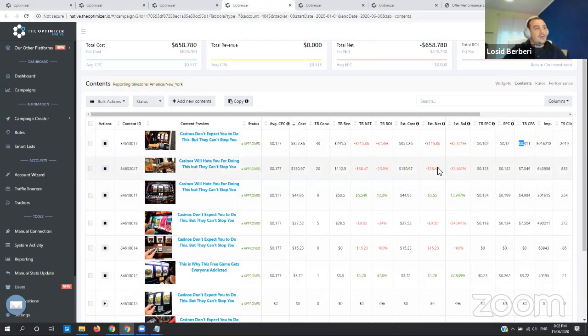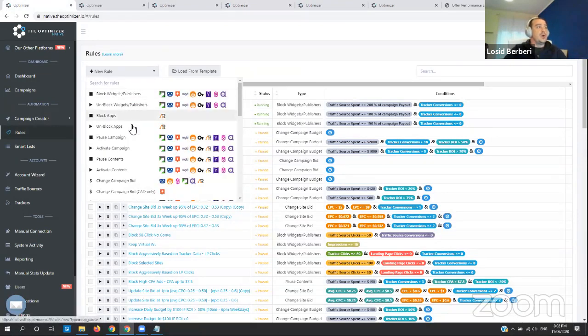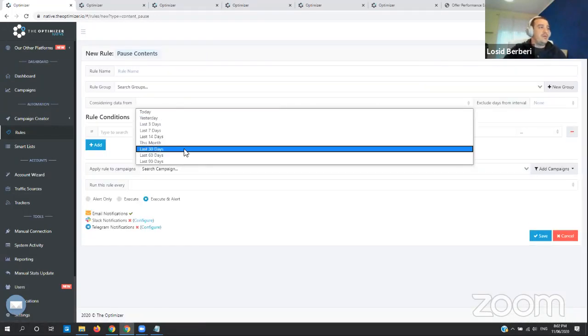And let's say that we have the traffic distribution even, and then we can choose which of the ads brings us the best cost per acquisition, and we can optimize based on the actual ROI or block anything that does not exceed our cost per acquisition. So again, for the ads rules, let's say you want to block ads based on 5 times the offer payout testing. So in this situation, we create a pause content rule, and we say that if over the last 30